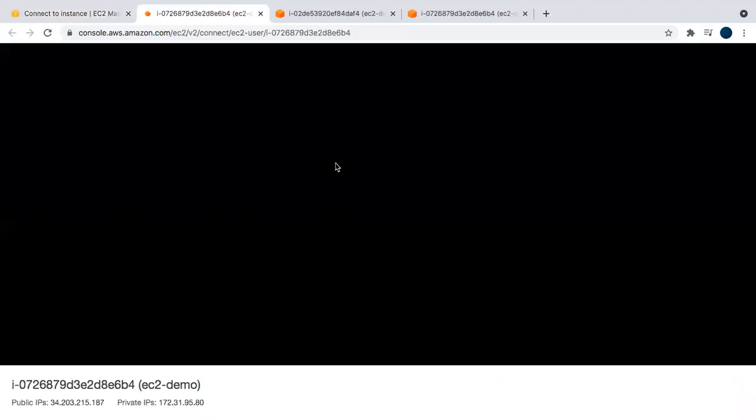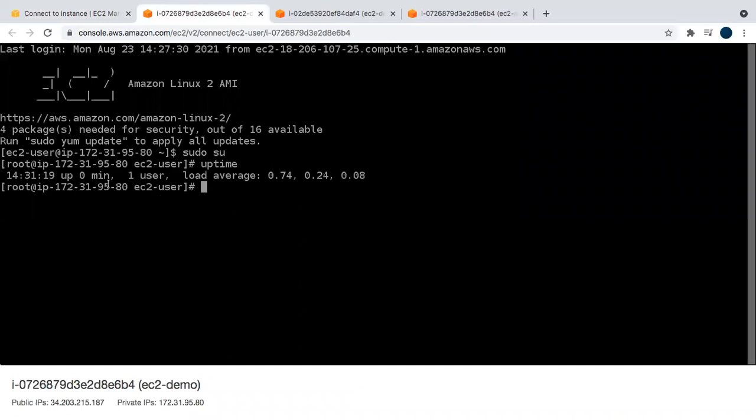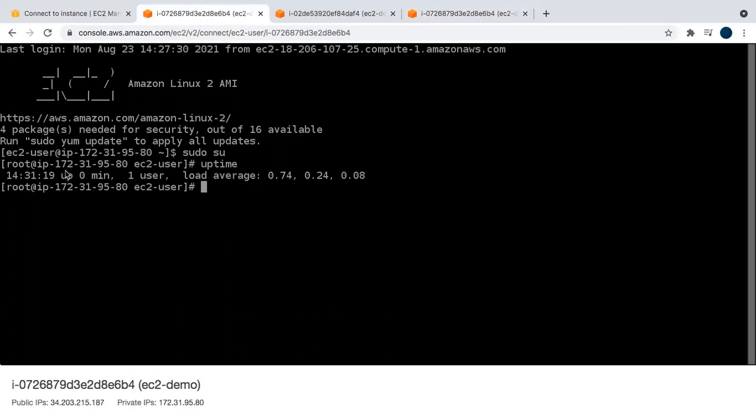Now click on the connect button. Type sudo su. Type uptime. Yes, it shows 0. Previously this was 5 minutes, but it started just now, so that's why it's showing 0 minutes.